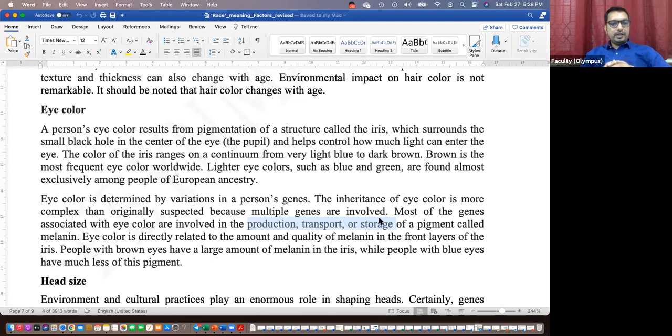But there's enough variation, right? Some people have brown eyes, dark brown eyes. What does it mean? They have more melanin. So their body makes more melanin pigment. Same thing, if you move towards the European countries, what do you see? You mostly find people with blue eyes, people with green colored eyes. Why? They have less melanin pigment. So lighter versions of the eyes.